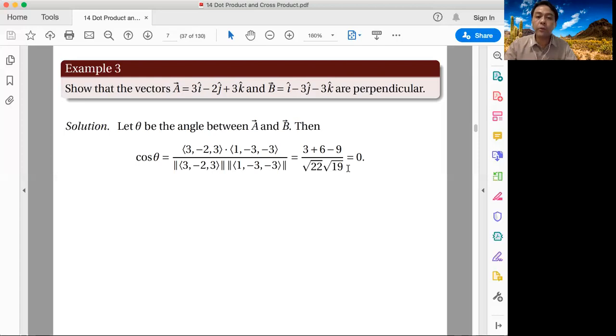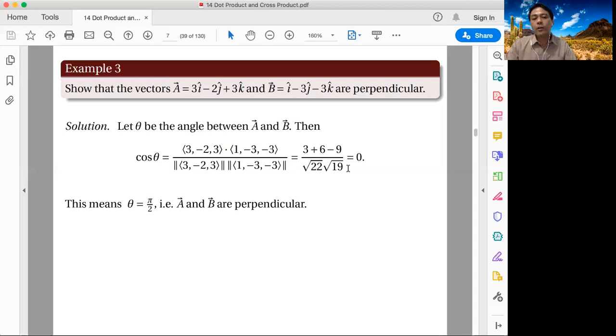Take note that the numerator, 3 plus 6 minus 9 is 0. So the whole thing becomes 0. So cosine theta is 0. And what theta gives a cosine of 0? Exactly, it is pi over 2. So they form an angle of pi over 2,